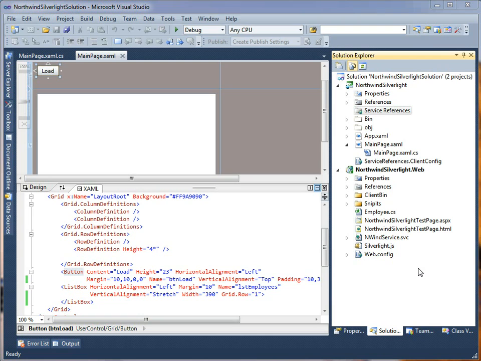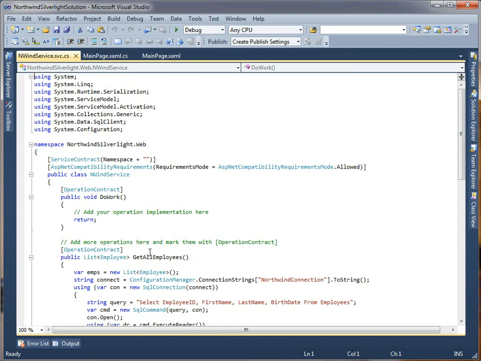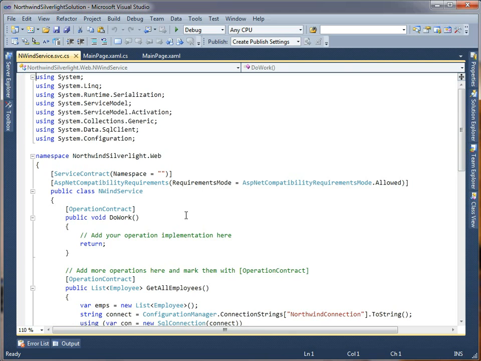a Silverlight front-end application. So in this solution that I've got here in Visual Studio 2010, Northwind Silverlight solution, I've created a Northwind Silverlight application, and along with that I've created a Northwind Silverlight.web that houses my service. Now the service I added using the WCF for Silverlight template, so it is specifically for connecting with the Silverlight front-end application. If I open up my service, we can take a look, and this shows the code that's used